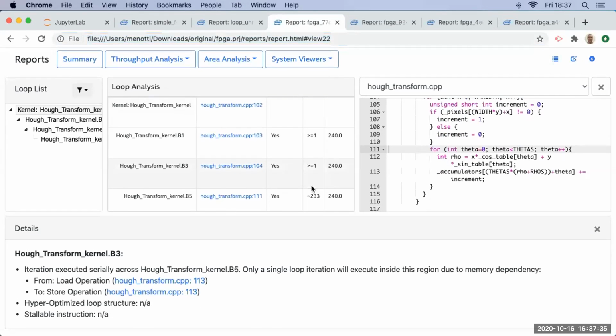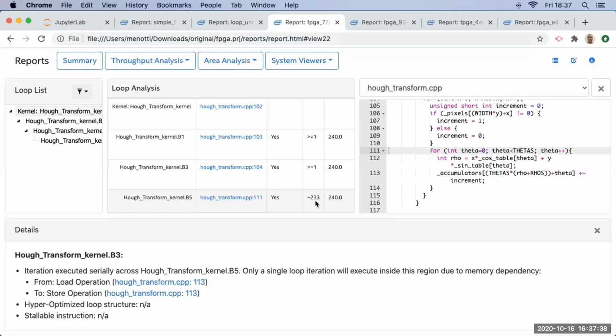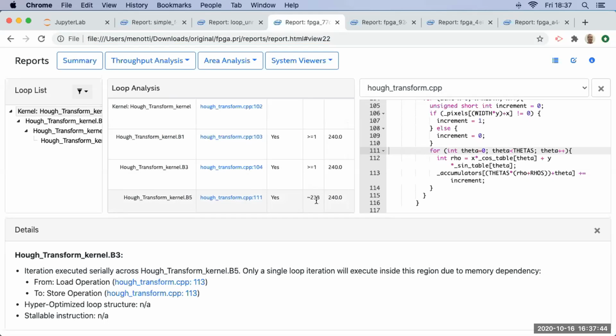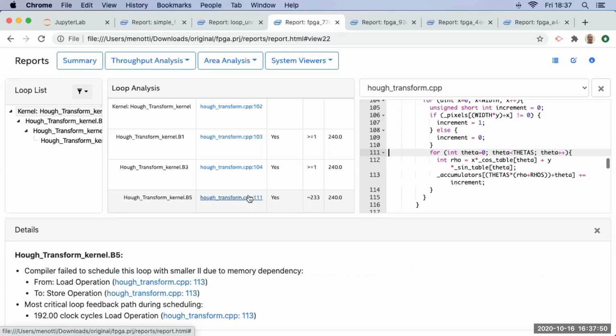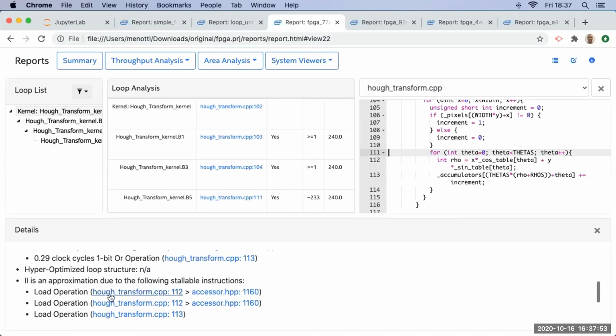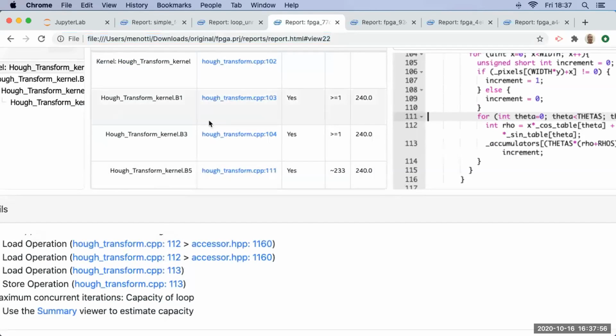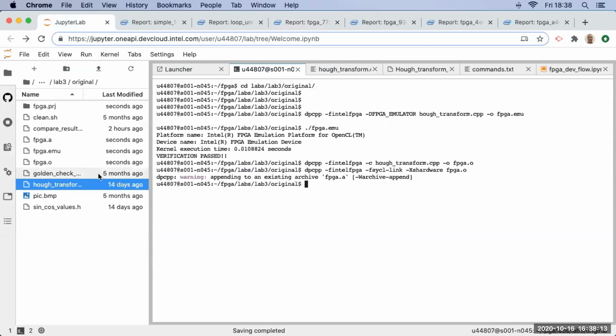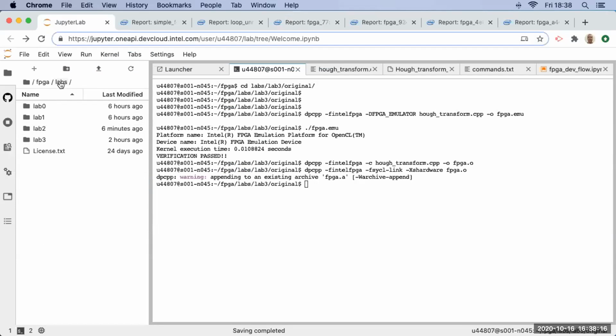So we have a long delay between iterations. We have a long initiation interval. It's so many cycles between iterations. This is because we have memory access here. We have the exact line here. So we can change it and optimize this. The way we will do that will be, let's see the solutions here,